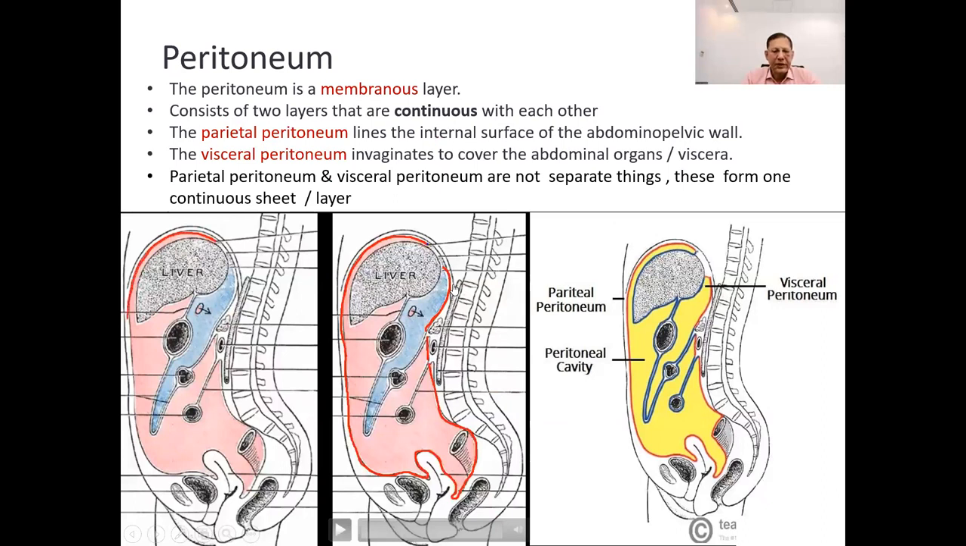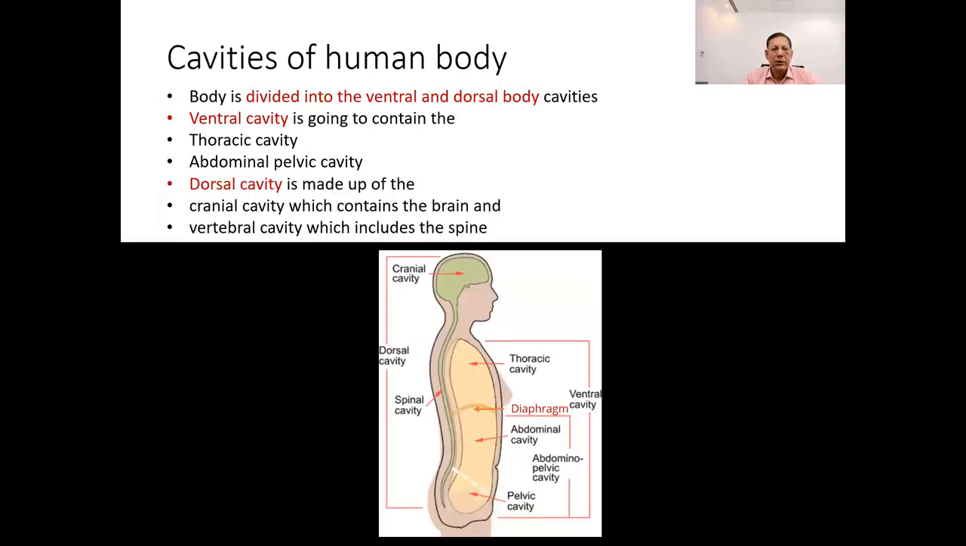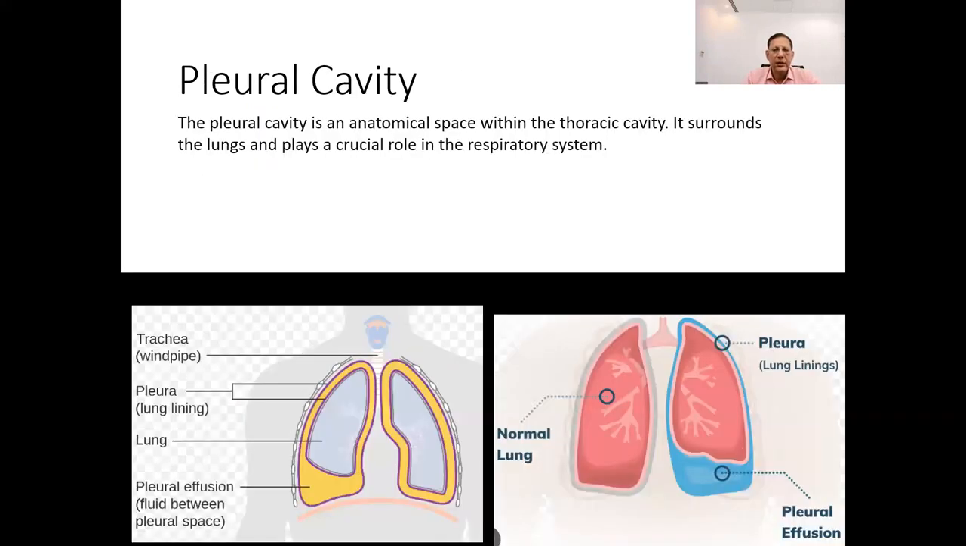But in some pathological cases, they will accumulate fluid, and these are the potential spaces, such as pleural cavity, pericardial cavity, abdominal cavity, pelvic cavity, and cranial cavity. So in pleural cavity, there is a very minimal amount of